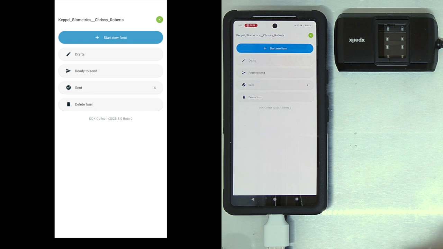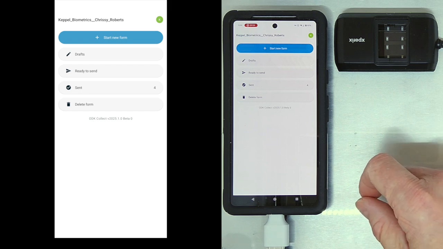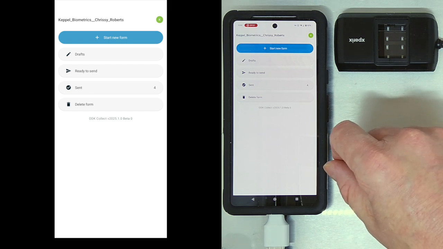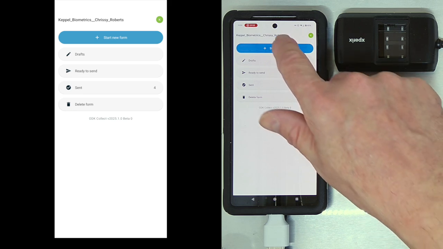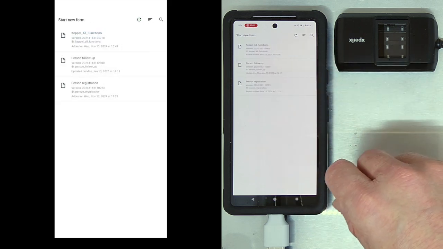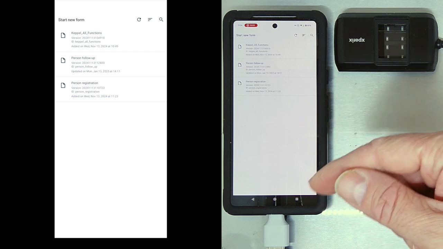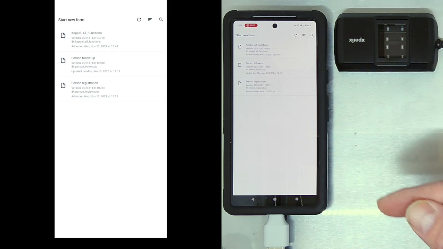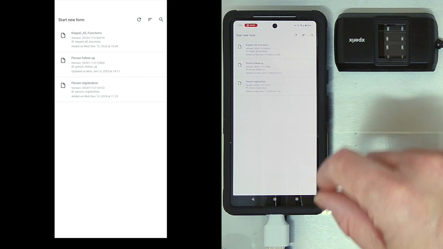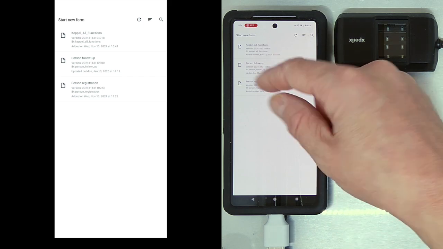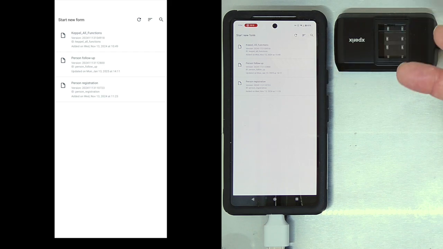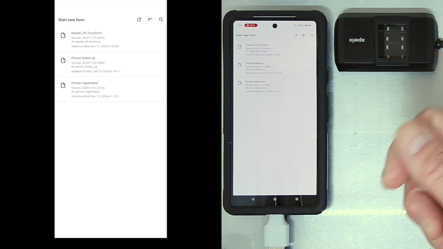In this video, I'm going to demonstrate how to use the Keppel Biometrics framework for ODK Ecosystem tools. We're going to be using two forms, one of which is for registering a participant into a project that updates an entity on the ODK Central server. The second form is for follow-up, so this is for verification of a person's identity before they continue their participation